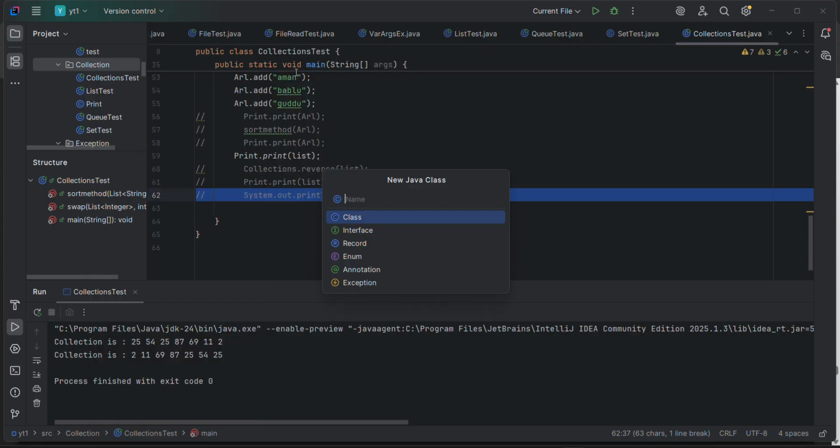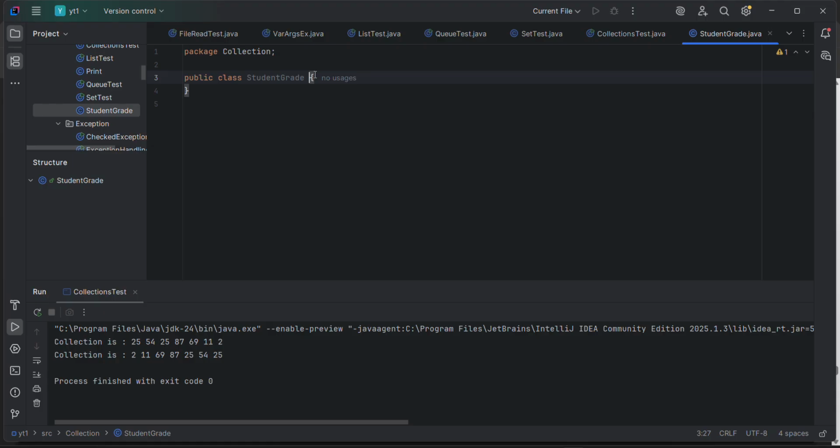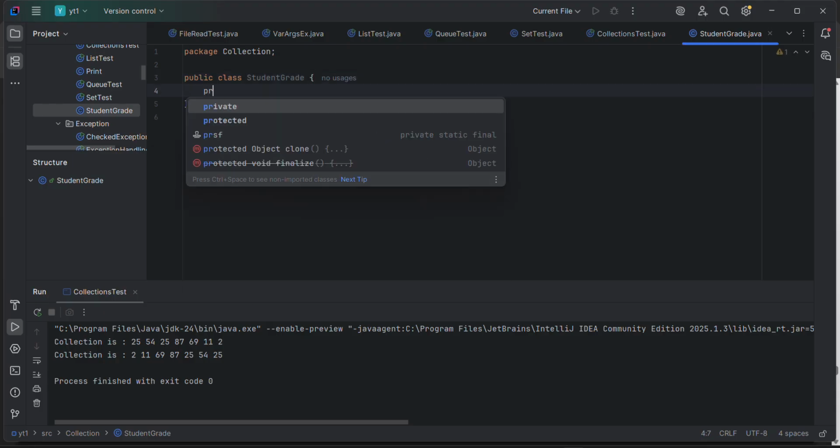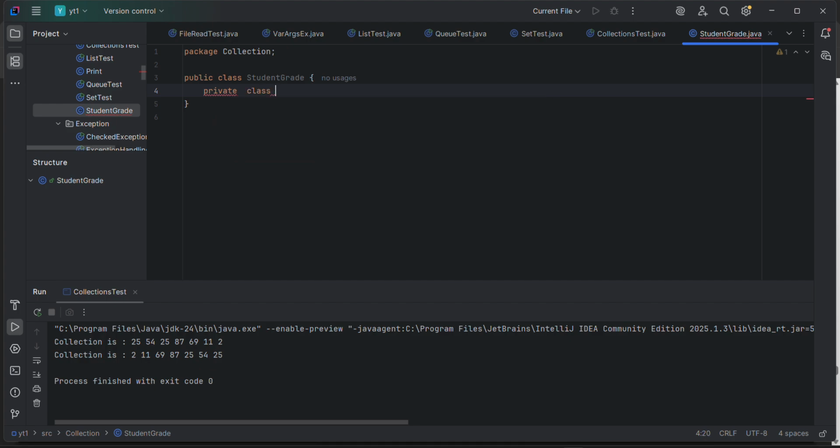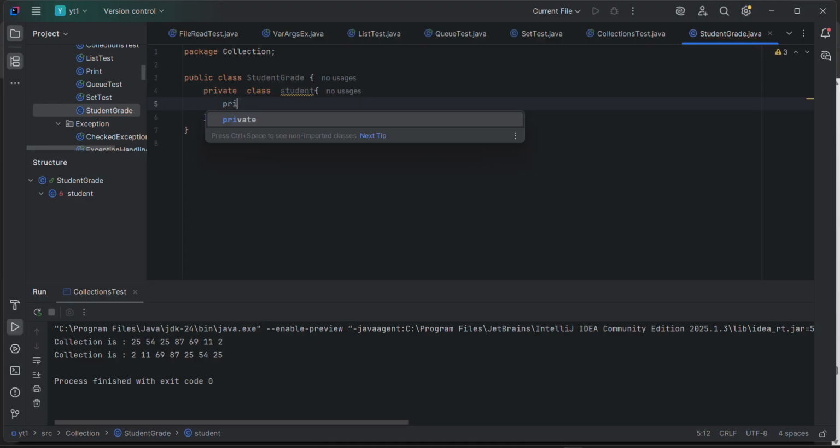Inside it, we will create a private class Student, and create a private final